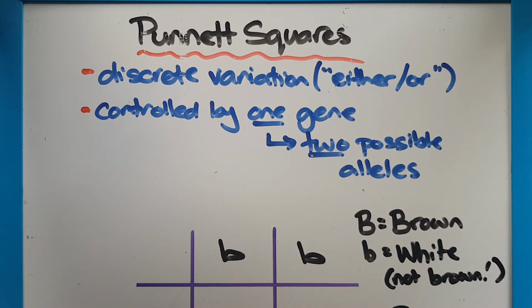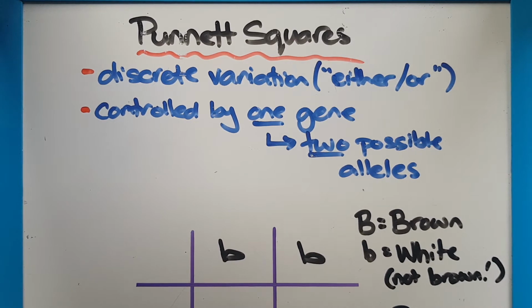So that means it's controlled by one gene, and that one gene has two possibilities, so the two alleles for that. And one of those alleles is going to be dominant and one is going to be recessive. A dominant allele is always exhibited, so we always see that if it is present. The recessive allele can only be shown if both alleles, remember one from mum and one from dad, so one from each parent in sexual reproduction, the recessive allele can only be expressed or shown in the trait if both